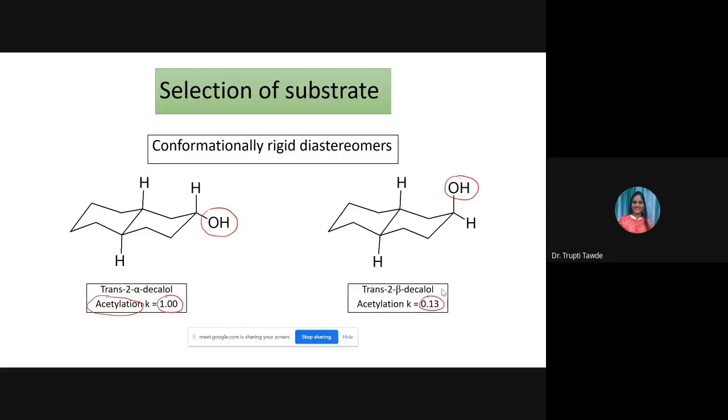So here, if you look at the comparison, we can see the equatorial alcohol reacts faster compared to the axial alcohol. Okay, of course the reasons are different. We are going to talk about these reasons later on, but right now what we are talking about is, if I have to compare the rate of reactions, the selection of substrate is very important. Now, instead of this trans decalin, if I would have taken the cis decalin over here, it is not going to give me the proper result. I cannot say, because they are facing the problem of ring flipping. So, when I'm going to start from the equatorial alcohol,